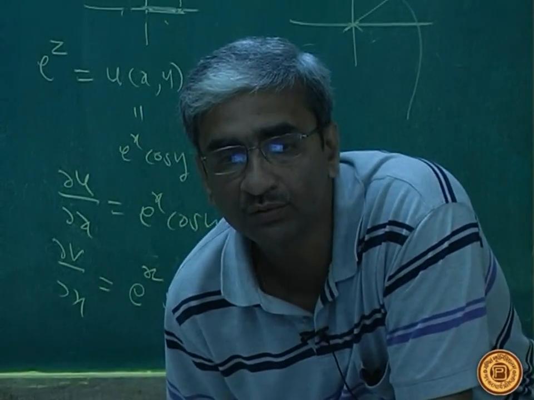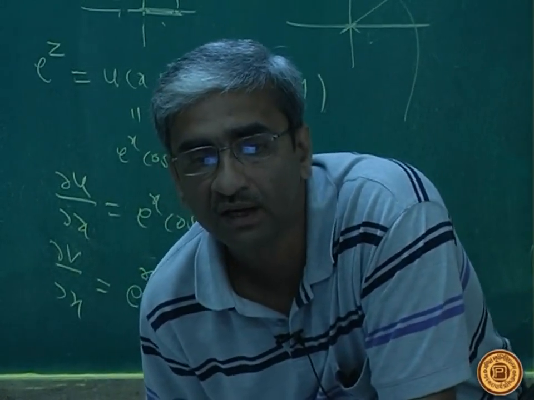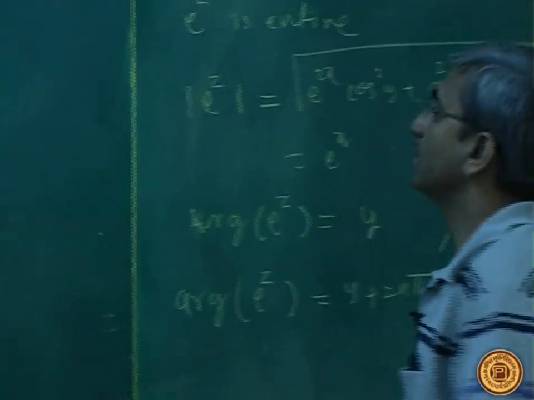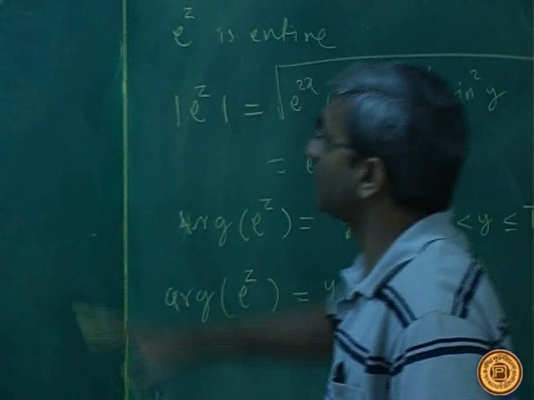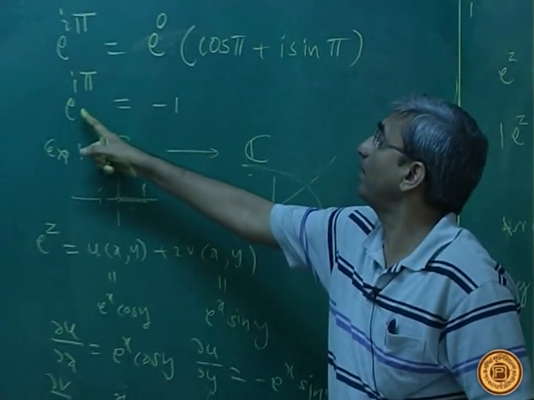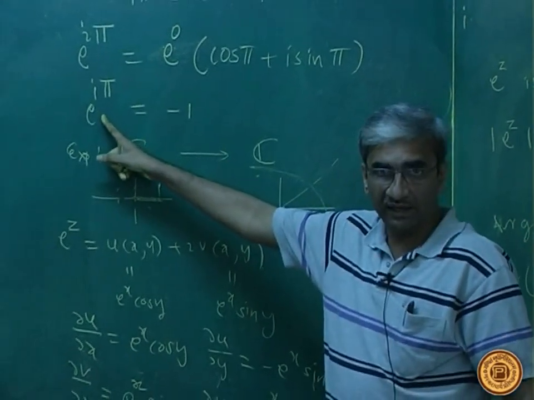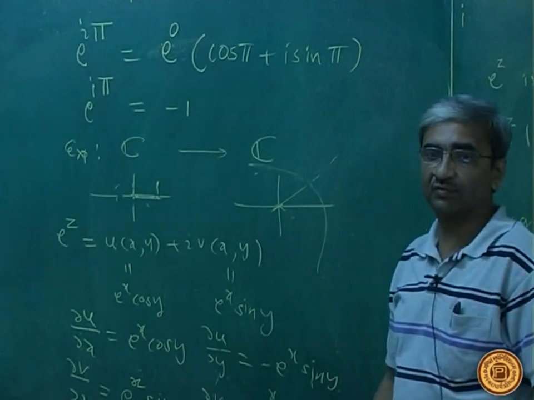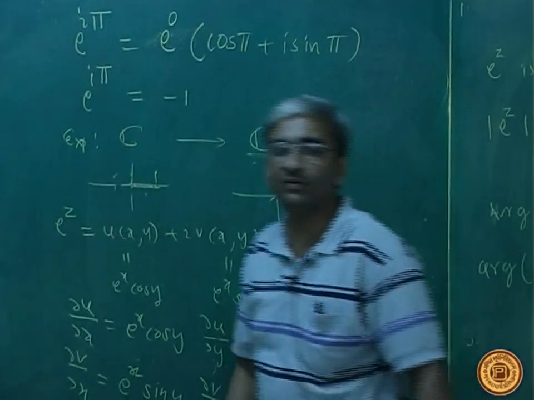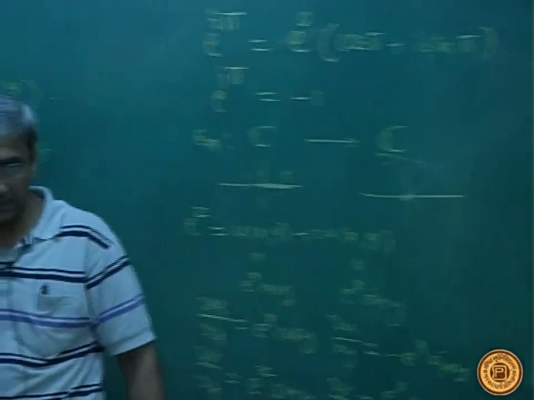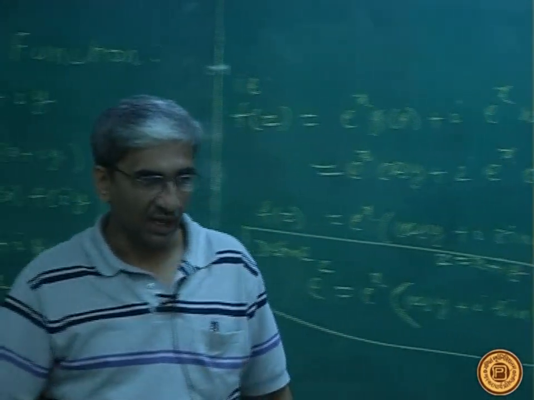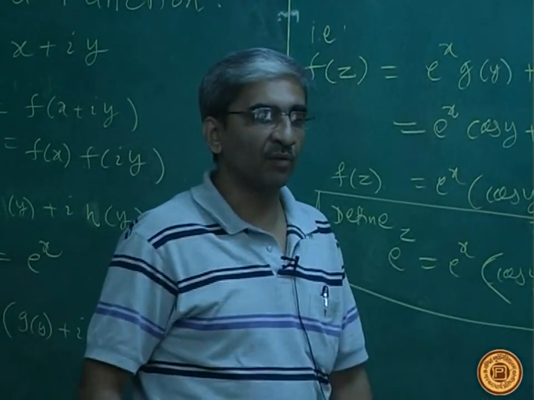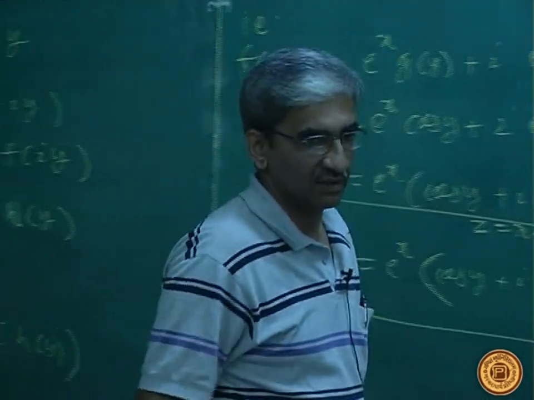So you may go through these properties, and then we will come back to this and see the geometry also associated with these mappings. There are some differences, like I have pointed out that it can take negative values. There will be some other striking differences that we want to point out. All this we will do next time. So the exponential function of a complex variable, again we will come back to that and study the properties in detail next time. Till then,